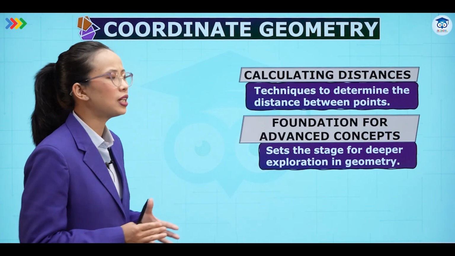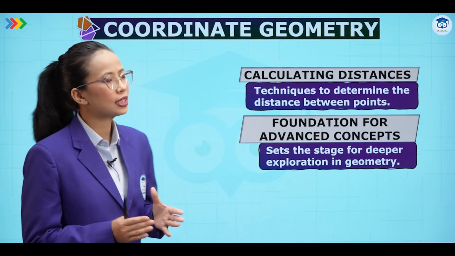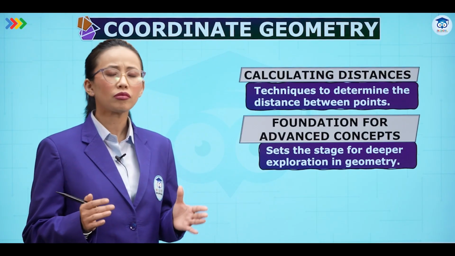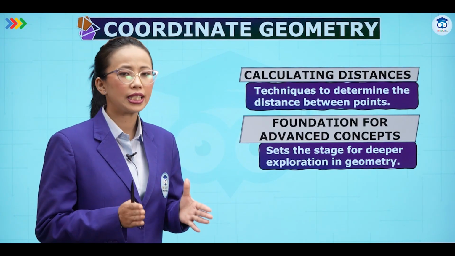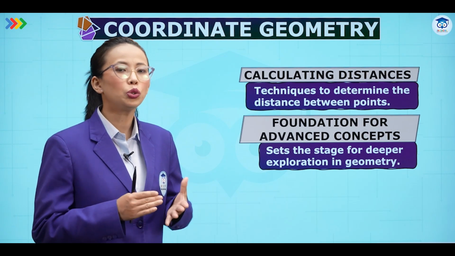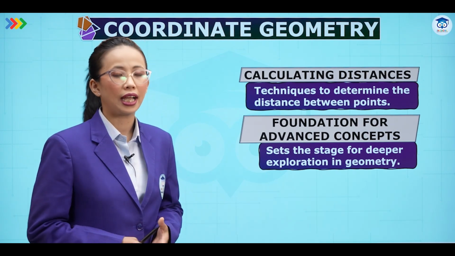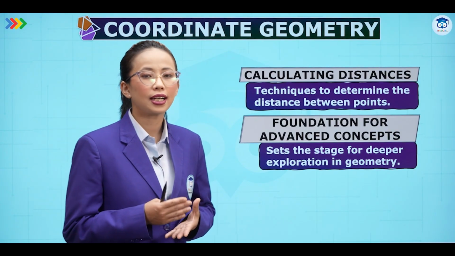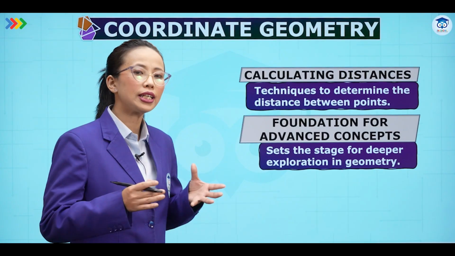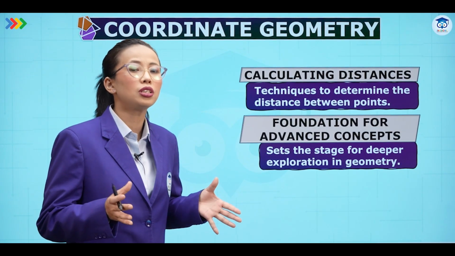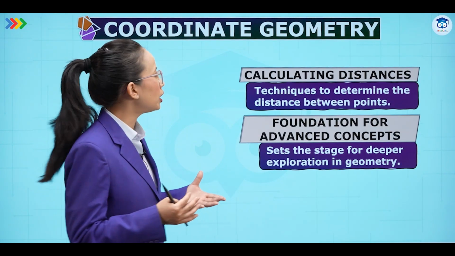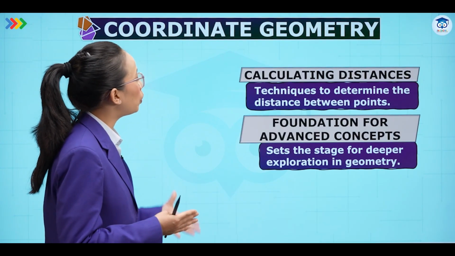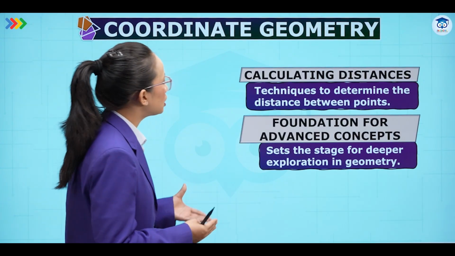So let us first understand what a Cartesian plane is. A Cartesian plane is a plane containing two perpendicular lines. The plane containing these two lines we consider as a Cartesian plane. The coordinate system means it will include the points and all. Here we are also going to deal with the calculation of distance.